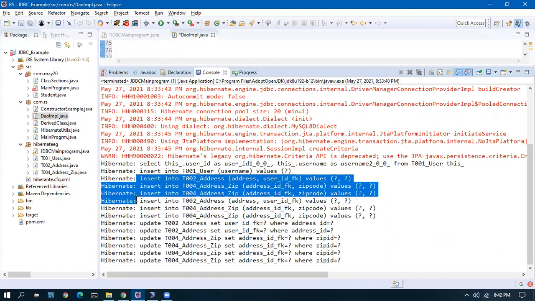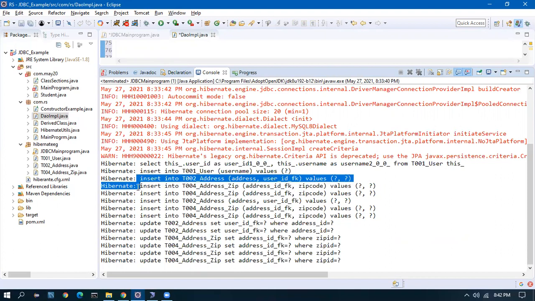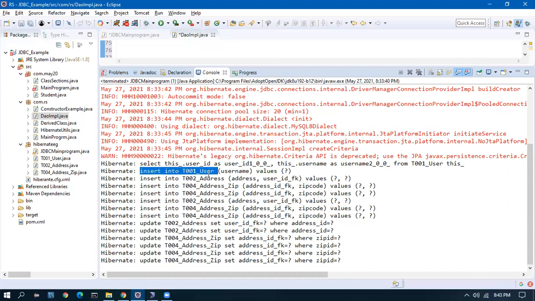Okay, that means by using this Hibernate, there is no need of the SQL guy here. That's what you are telling, right? Yes. When you write in SQL, the mapping is difficult, meaning this ID has to be inserted here.